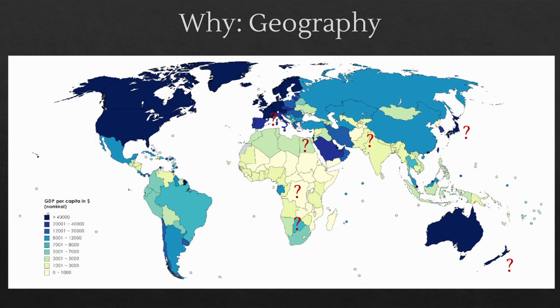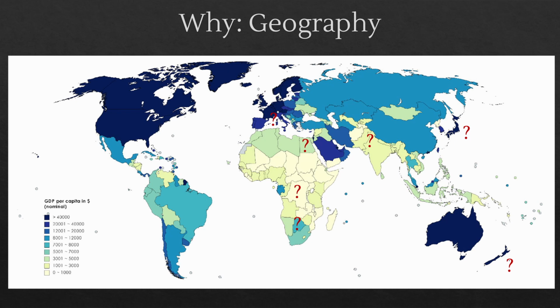Japan famously has very little arable land and very few natural resources, and it's very wealthy. Switzerland is a canonical example of a case that doesn't make any sense since it's mostly mountains, it's landlocked, it doesn't really have significant natural resources, but it's doing very well. Egypt has the Nile, which has been very important for people for centuries, but it hasn't been doing so well recently. So there's obviously a lot more going on here than we can explain through geography.